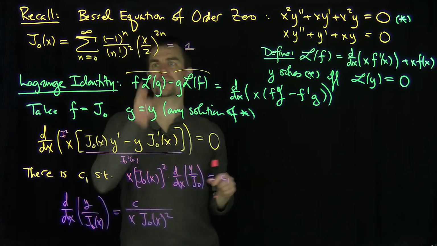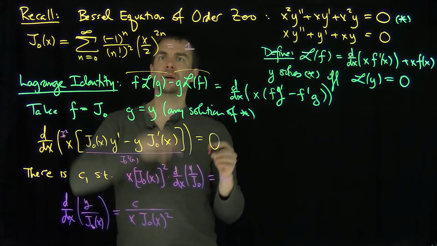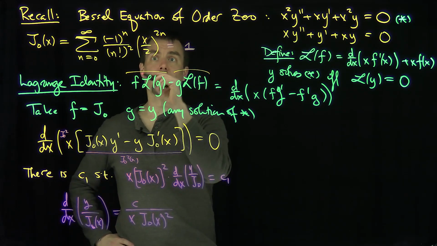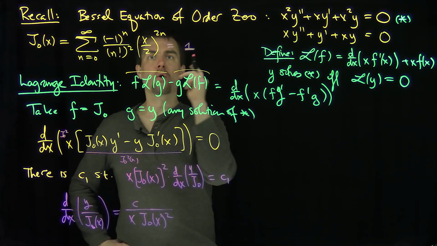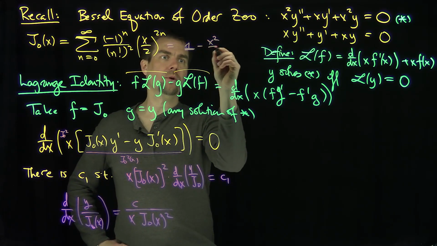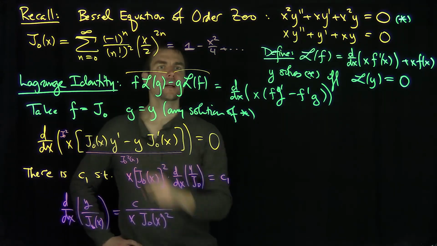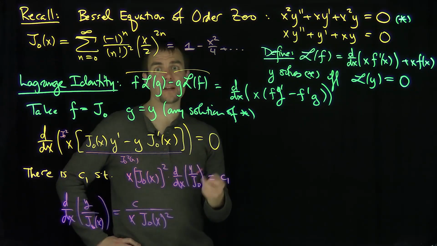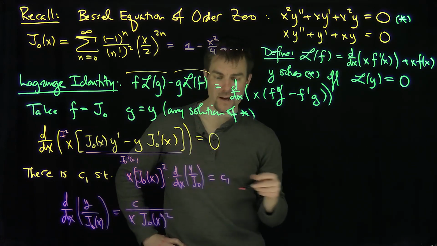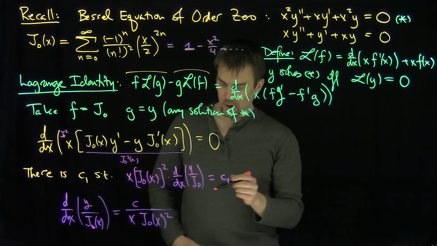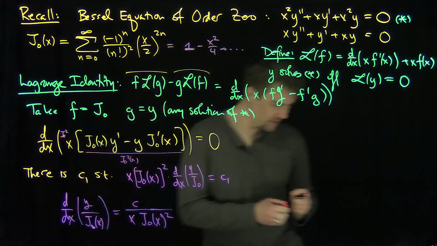Now, of course, we know that this expansion over here starts at 1. And then when n is equal to 1, I'm going to have a -1, and an x squared over 4. So that's going to be 1 minus x squared over 4, and so on. Since it starts at 1, I know that its reciprocal has a valid Taylor expansion in terms of even powers as well, right? So this thing over here, the next thing to note,